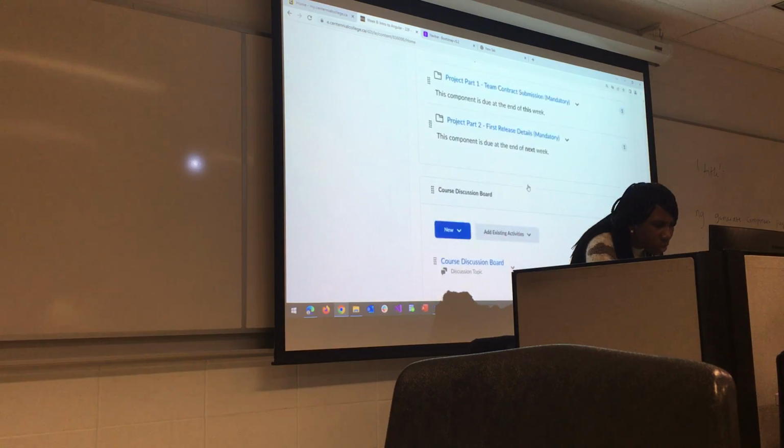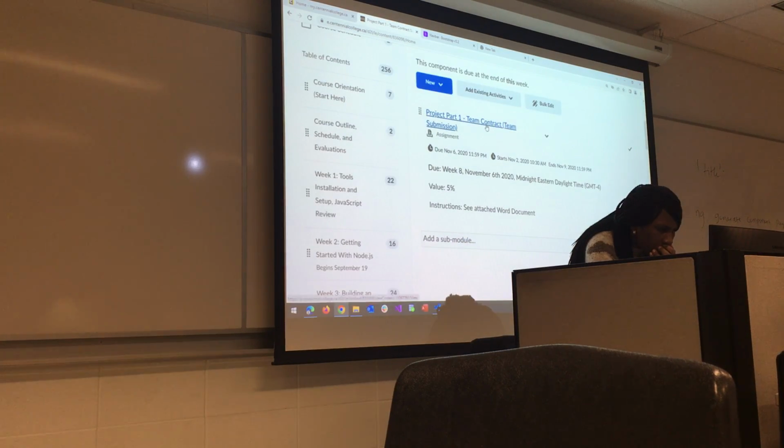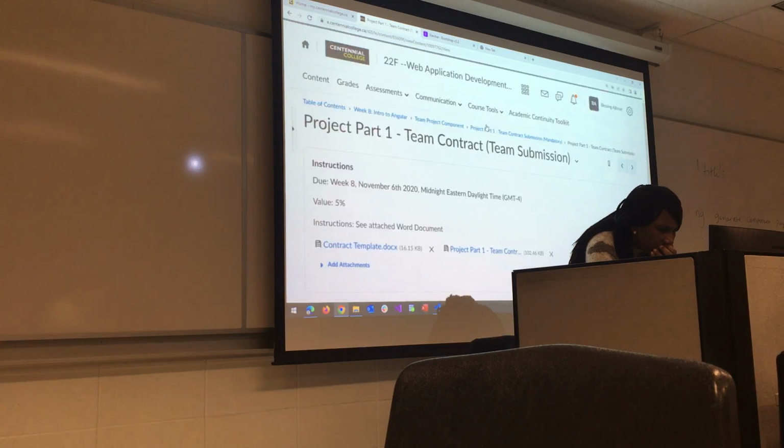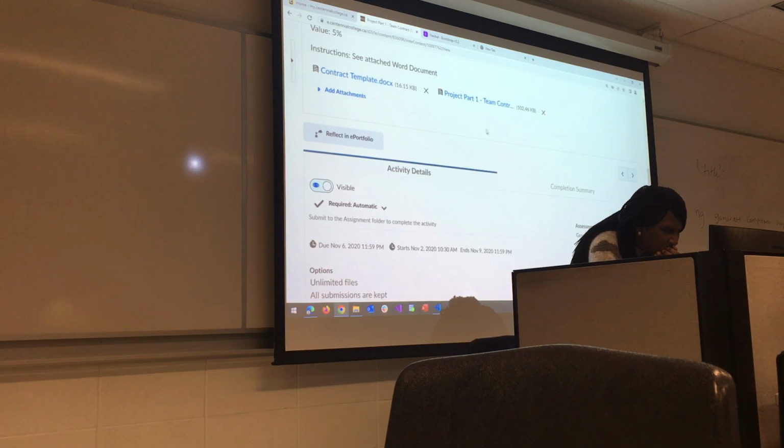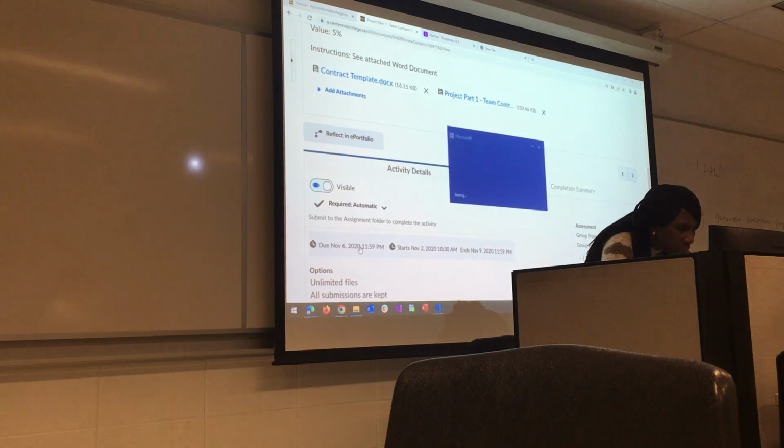I think I still need to re-upload it because it's showing another team contract here. Team contract template. Okay, if you open the contract template, you also have it in the submission. Let me see. So there's a template for that.